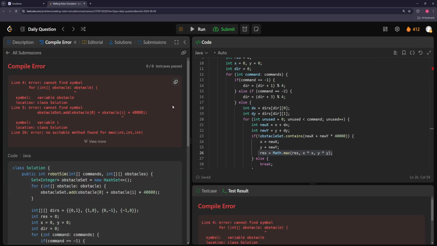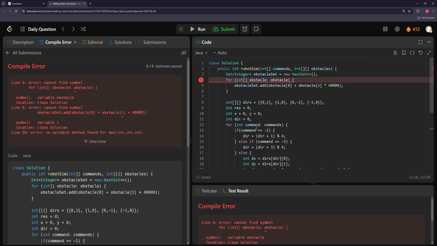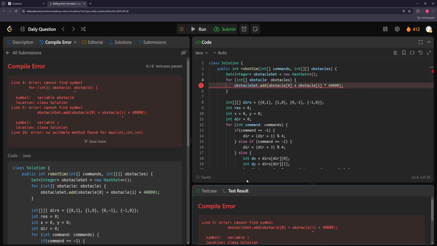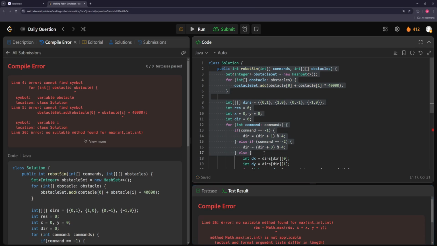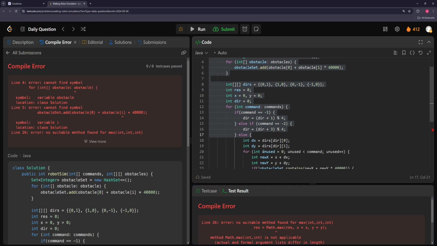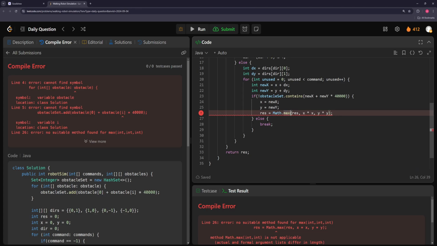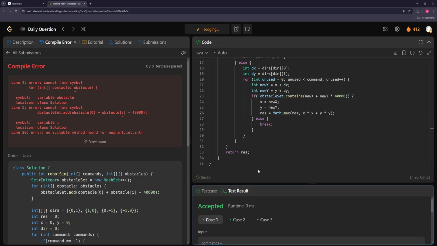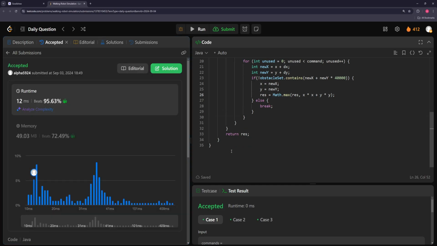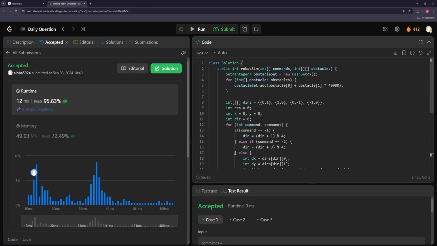Okay. Obstacles. Obstacle. Misspelled it or something? Oh, this should be 1. Okay. No suitable method. Oh, this should be plus. All right, there we go. Okay. And yeah, generally I talked about this before, like if you have a set of integers, it's